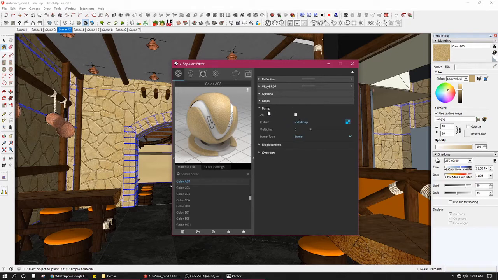First of all, we need to turn it on. So I turn it on. Now just see what is happening if I increase this. It is showing me a very hard texture. Right now I don't want it to be that hard, so I reduce it to some extent.